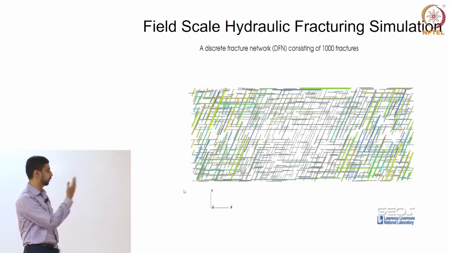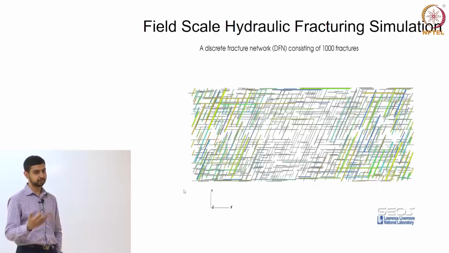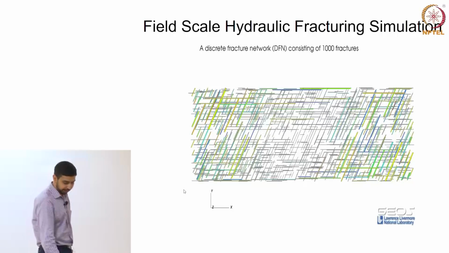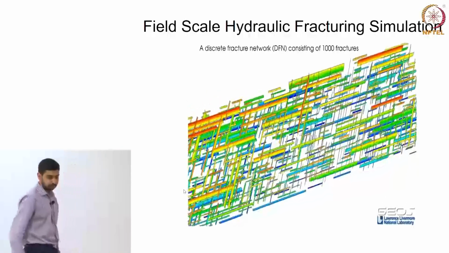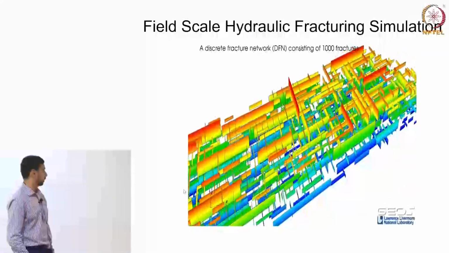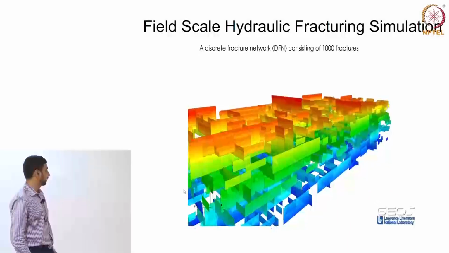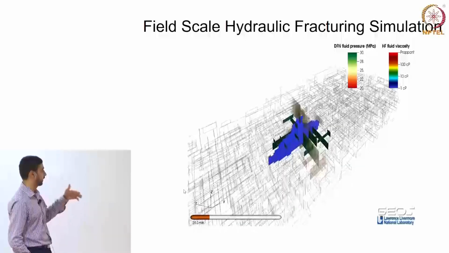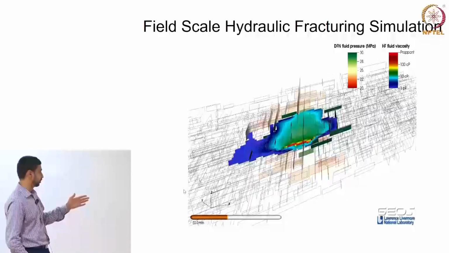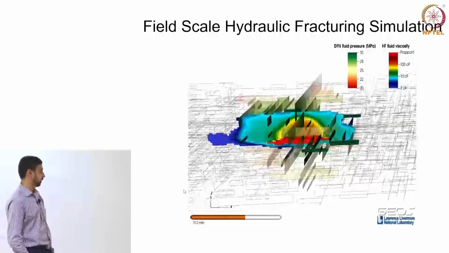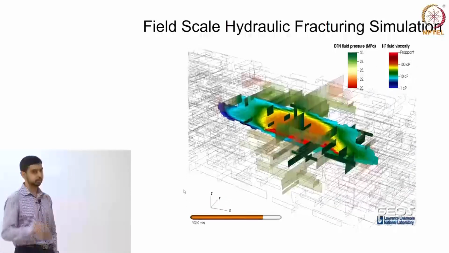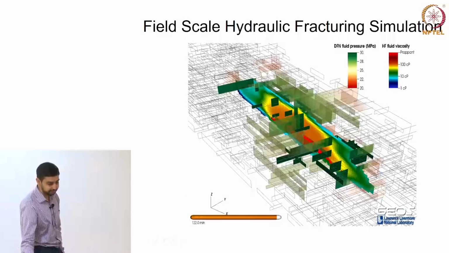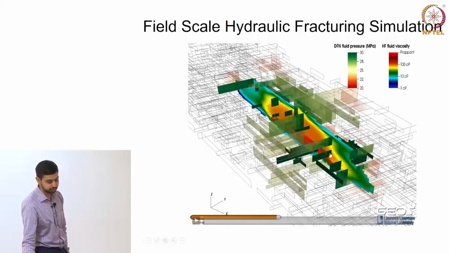And here we are trying to mimic those natural fractures based on certain data which are oriented in certain directions. If you look at a hydraulic fracture that is being driven somewhere in the middle of those fractures, we try to look at how that hydraulic fracture interacts with the natural fractures around it. So the colors that you're seeing are essentially the concentration of the proppant that you're injecting and how the fluid flows from the main hydraulic fracture that you see here into the surrounding natural fractures.